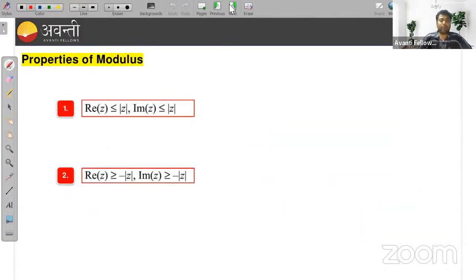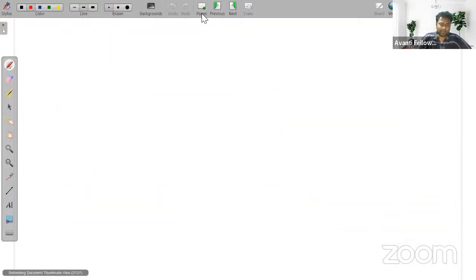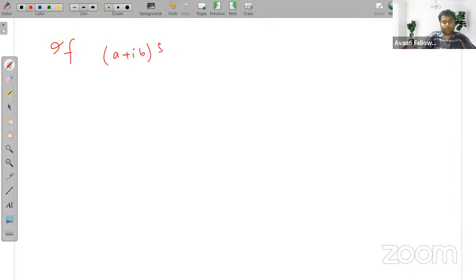Okay. Now we'll move to the properties of modulus of a complex number. Right. So let's solve one question first. I'm giving you one question. If a plus ib to the power 5 is equal to alpha plus I beta, then b plus I a to the power 5 is equal to